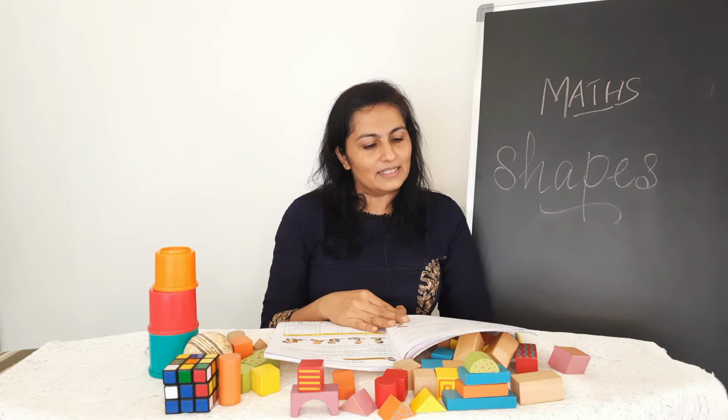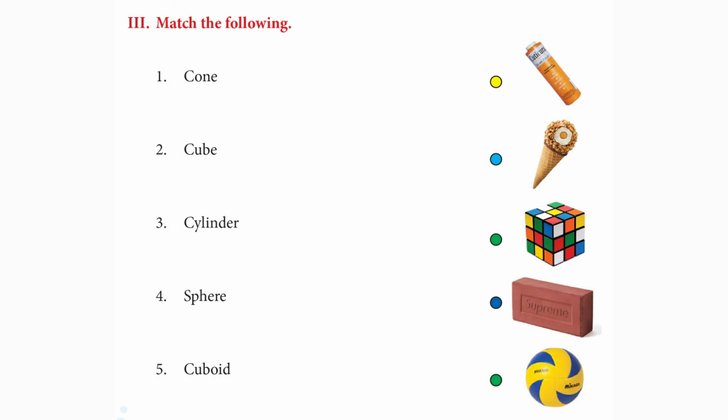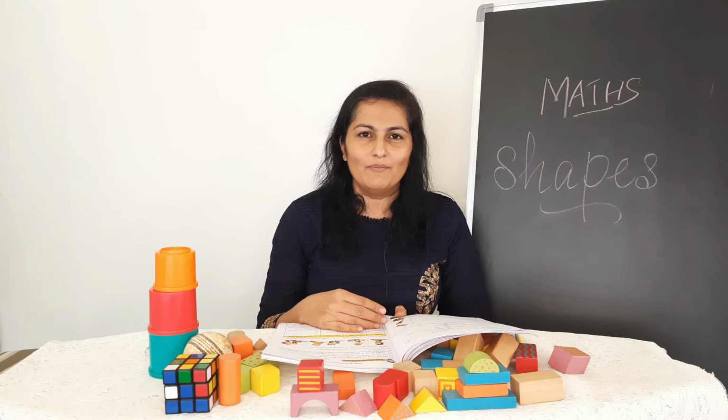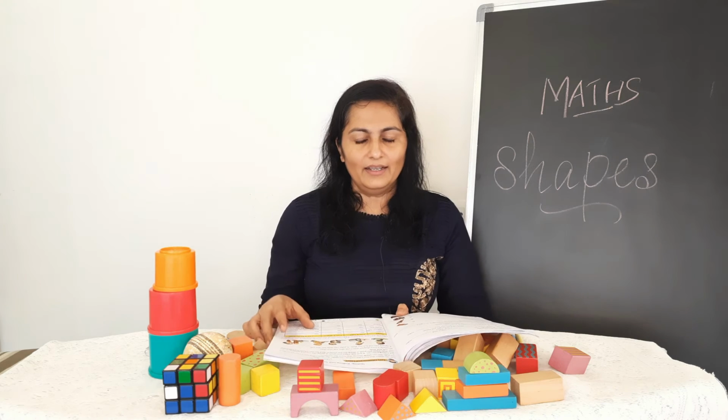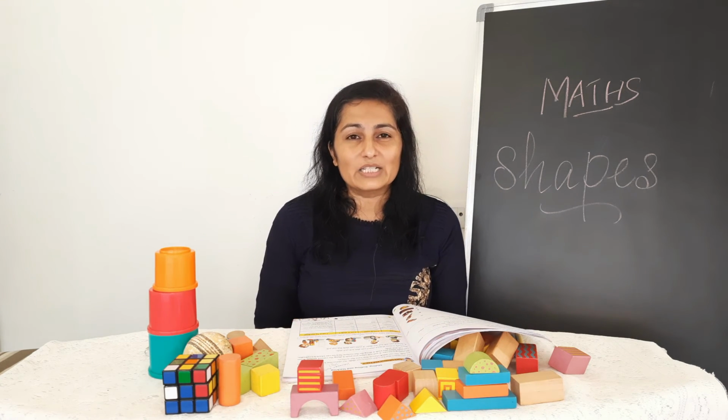Okay. So the next one is match the following. The names of the 3D shapes are given and the pictures are given. You just have to match them with each other. Okay? Okay, moving on to the next part of